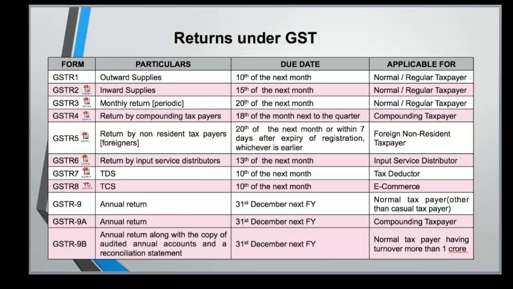But if you have branches, and you are selling the goods from a particular branch, suppose you have a branch in West Bengal, and you transfer your goods from Himachal Pradesh to West Bengal, and you sell the goods in West Bengal, then the transfer from Himachal Pradesh to West Bengal, between the same entity, also attracts GST. And then when West Bengal sells it further to its customer in West Bengal, the West Bengal entity will take the ITC of the same.